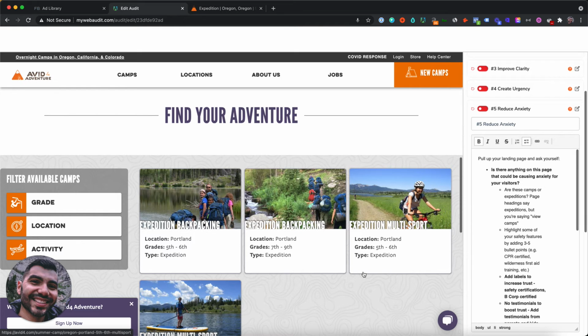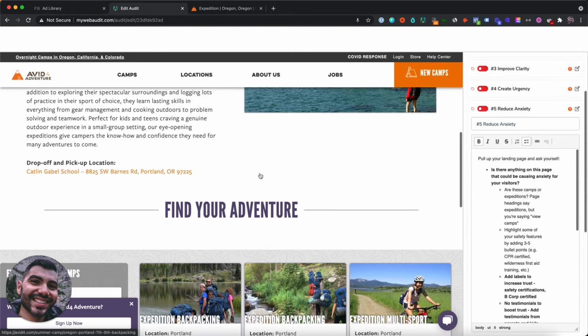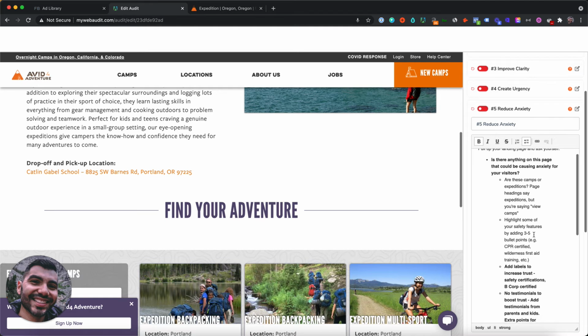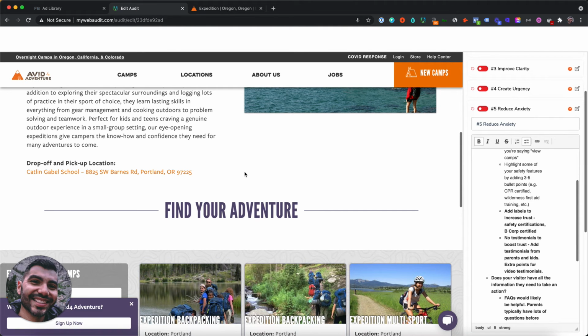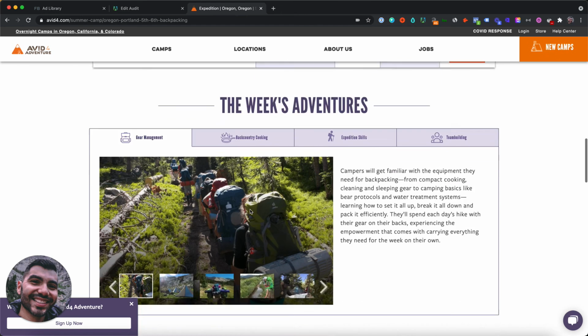I know they also recently became B Corp certified, which I think is amazing. And probably a lot of the parents would be familiar with B Corps or maybe even work at a B Corp, and that really resonates with people that are familiar with the B Corp brand. But I think adding those safety certifications would also be really great, because they do have a